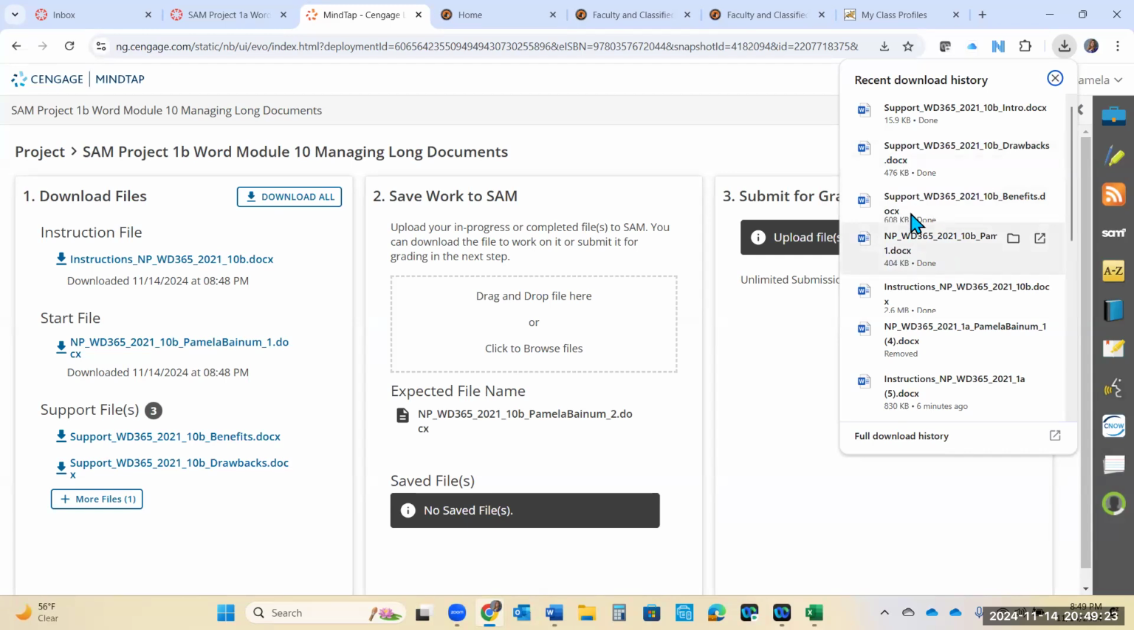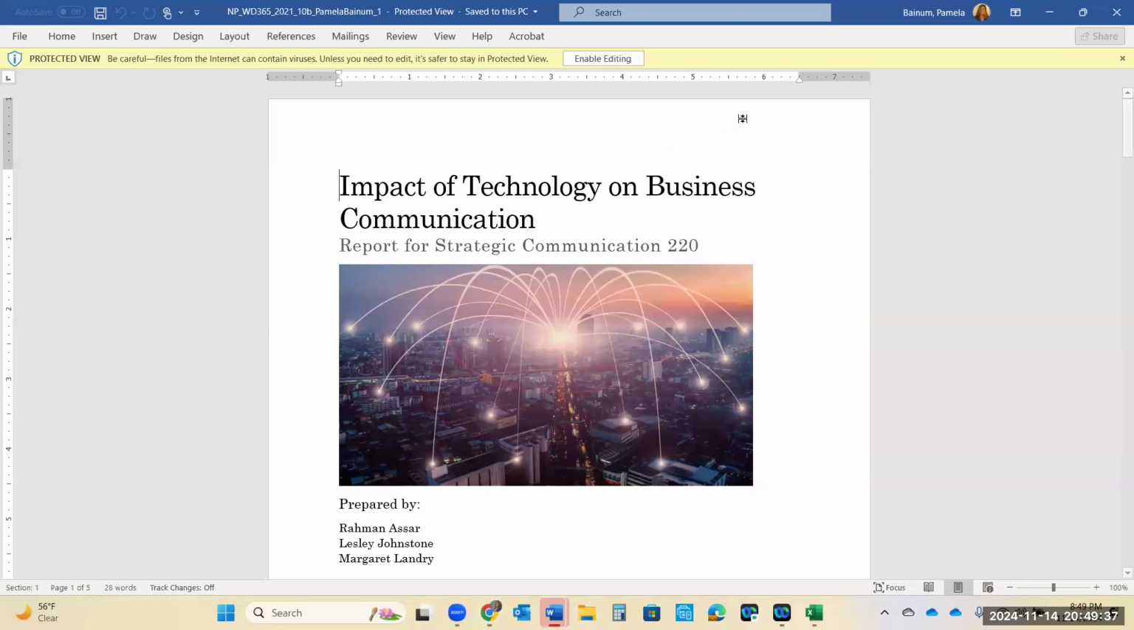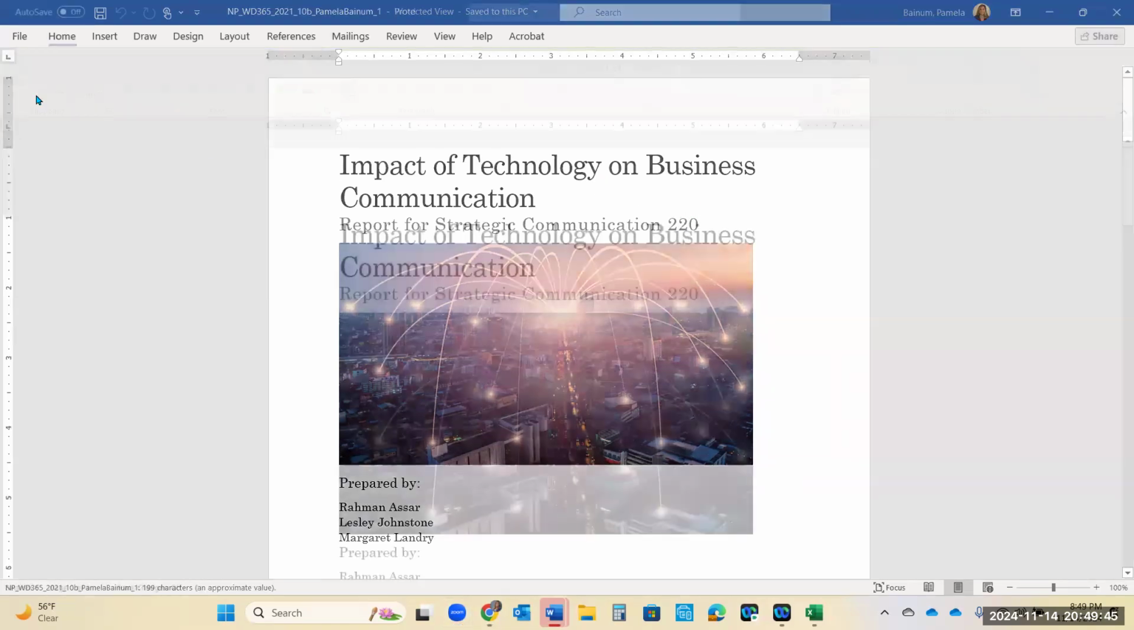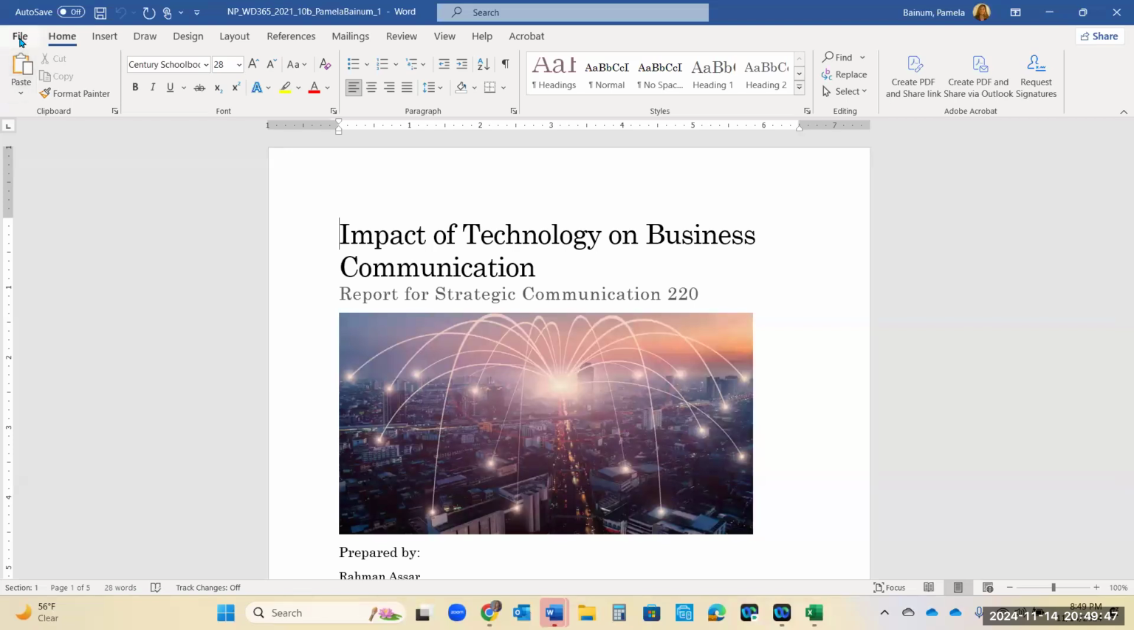this file right here. It's not the support files, it's this one here, the 10B. So I just double clicked it to open it. It's taking its sweet time. There it is. I'm going to hit enable editing. Then I'm going to